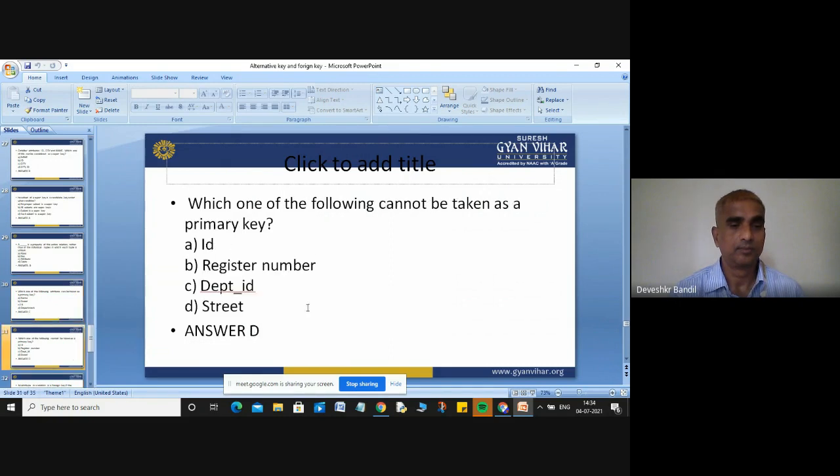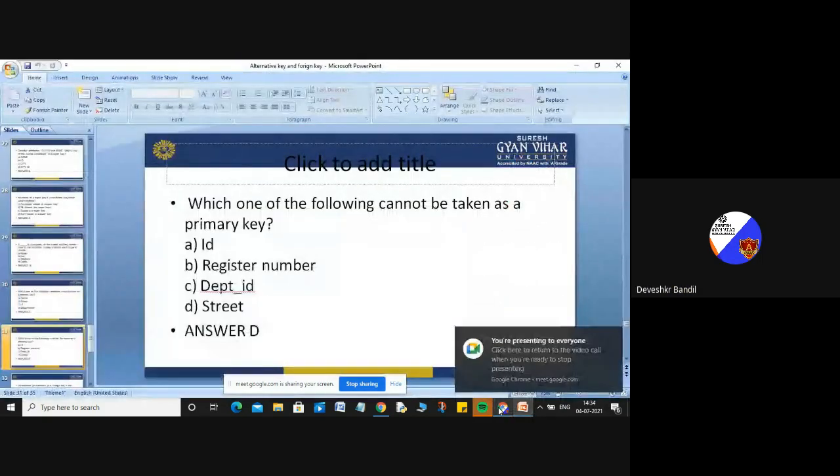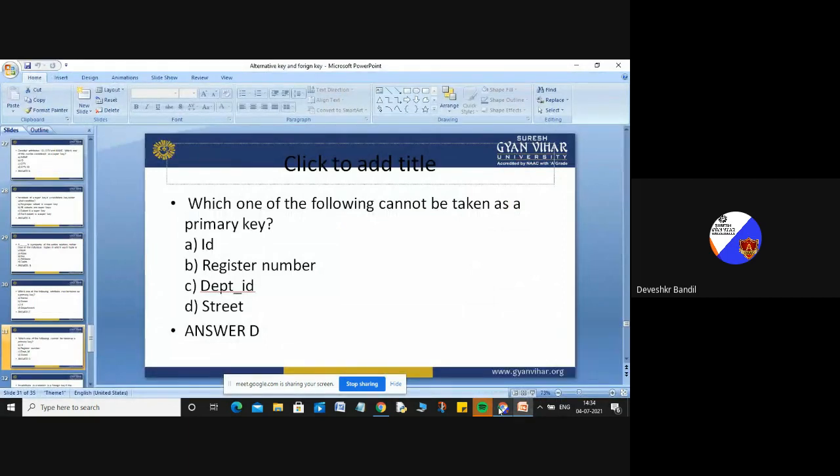Which one of the following cannot be taken as a primary key? The options are ID, register number, department ID, and street. So obviously, your answer will be street, because on behalf of street, you can't identify a record.